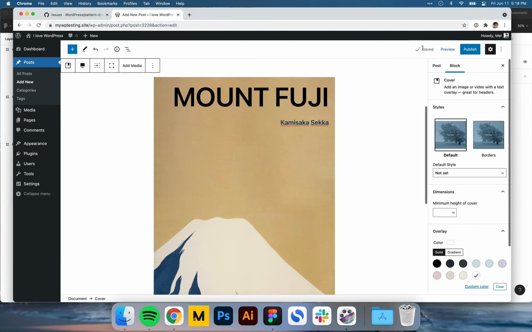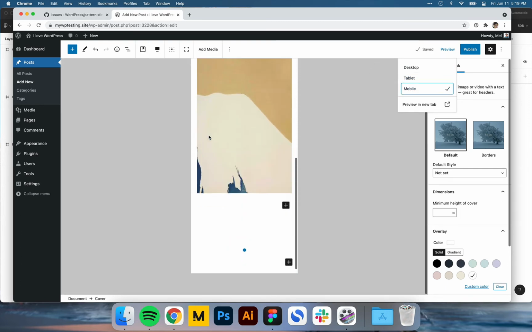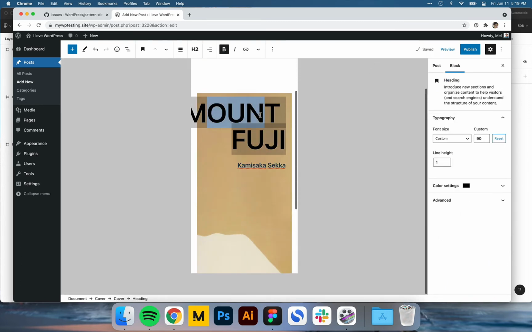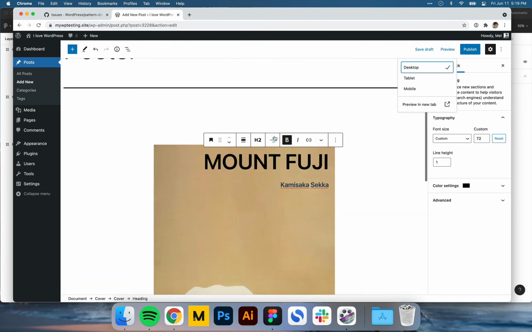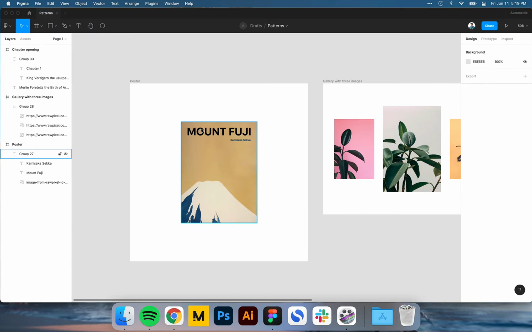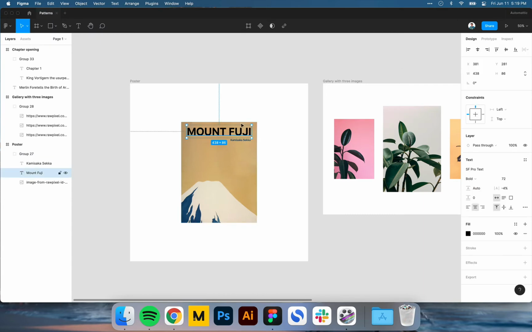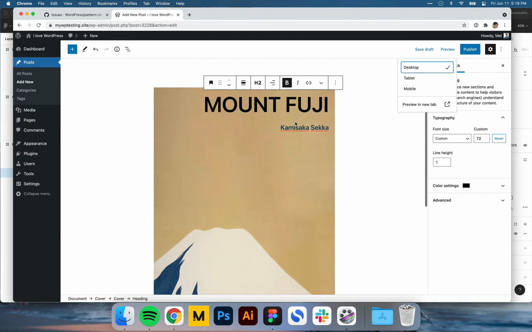So for example, let's save this. Let's preview it on mobile. So right now you can see that the text goes outside of the container, which isn't good. There isn't a great solution for that right now. So what we're going to do is we're actually just going to put this down, and we'll keep it at that 72 pixels that I originally thought to use. So desktop. And so, it's not necessarily as impactful as this kind of full width text, but I think it still looks pretty good.